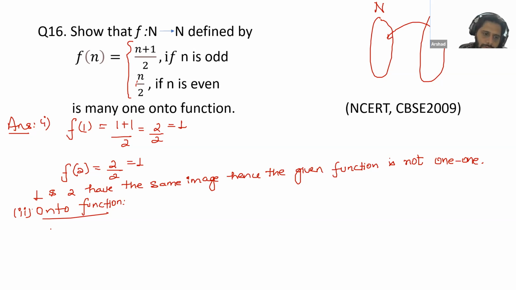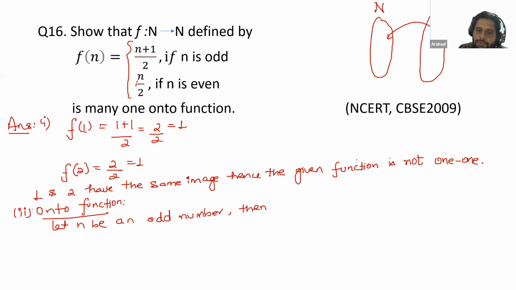Let n be an odd number. But this n I have selected from the second set. This value of n I have selected from this set, not from the first one. And that's why the student get confused. So I have selected a value from the second set. Let n be an odd number. Then